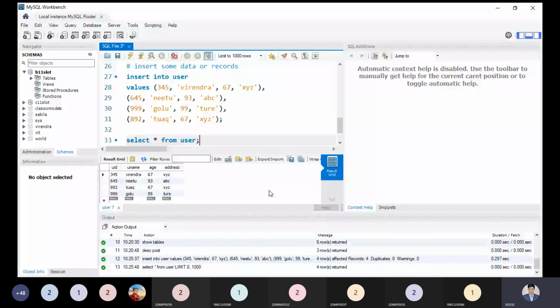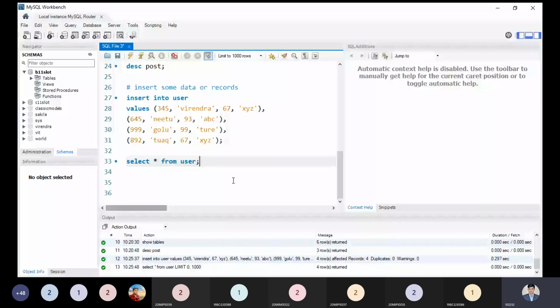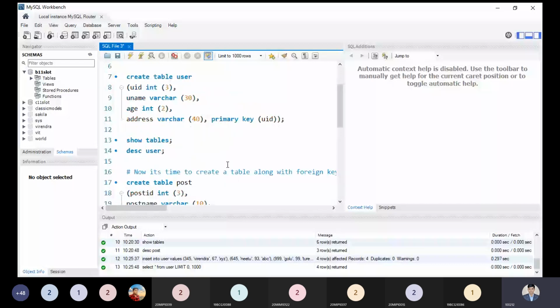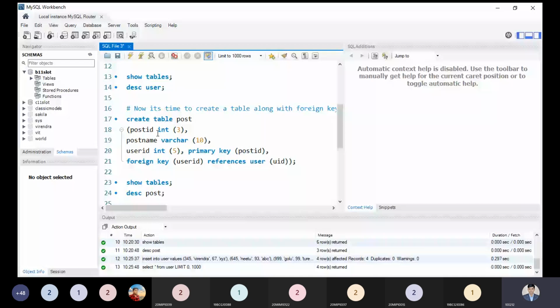So after this point, I'm trying to insert some data into the post table, and please focus on the syntax properly: insert into table name post, we have values. What is the order of our attributes? We have the post ID, post name, and user ID.